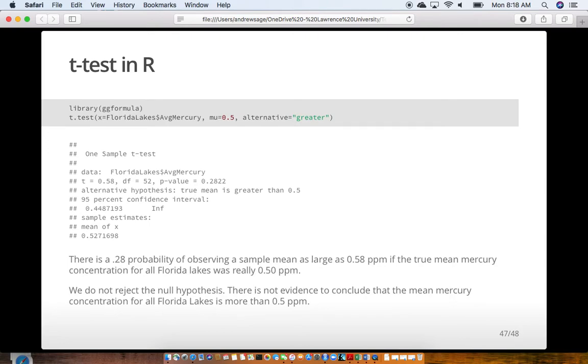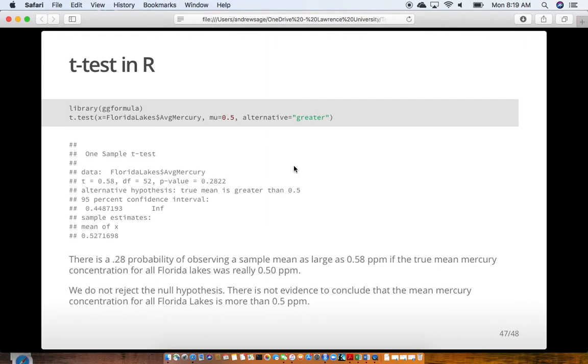We can also compute a p-value for this test using R, the t-test command. I specify the data set with my values in it, in this case from the Florida Lakes data set, the value of mu from the null hypothesis, and in this case our alternative is greater since we suspected that the mean mercury level might be greater than 0.5. We see that the p-value in this test comes out to be 0.2822. Because this value is quite large,